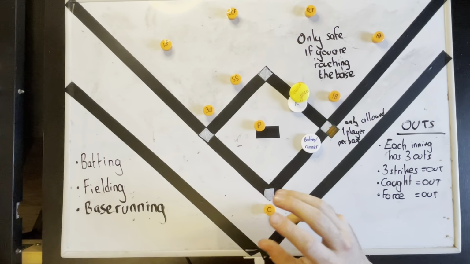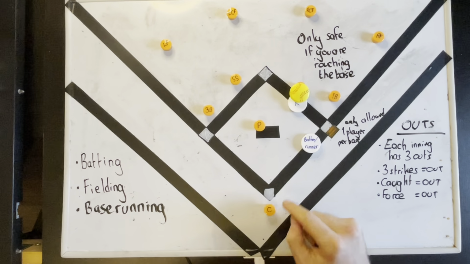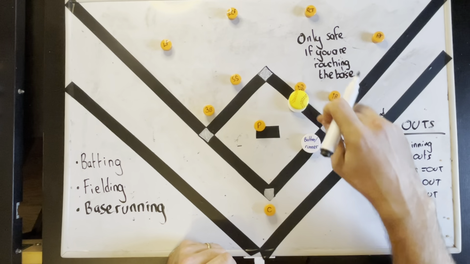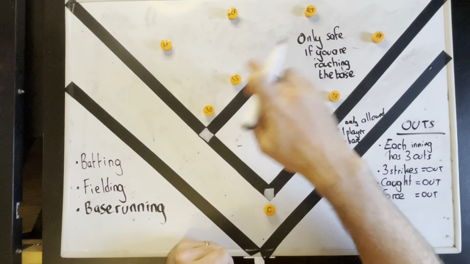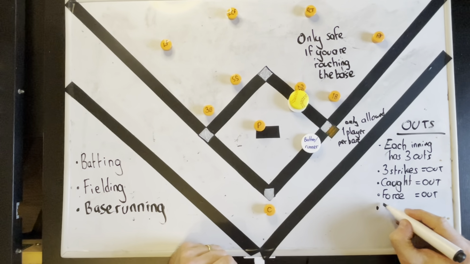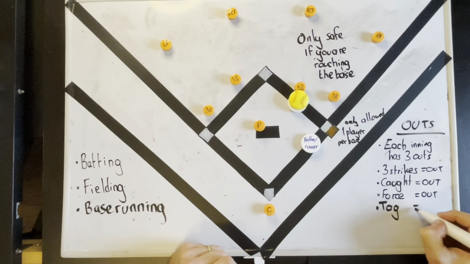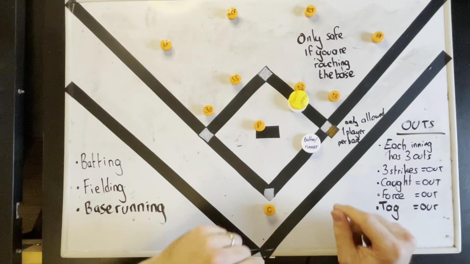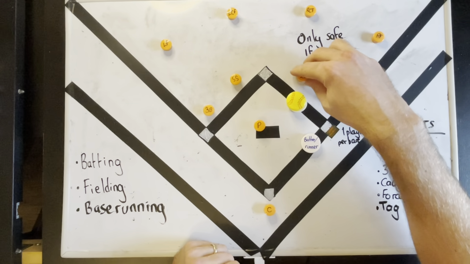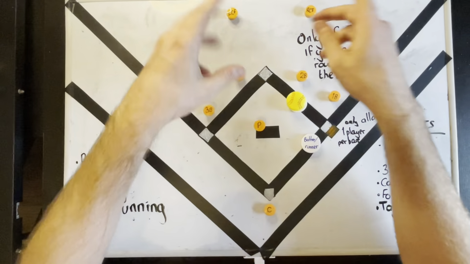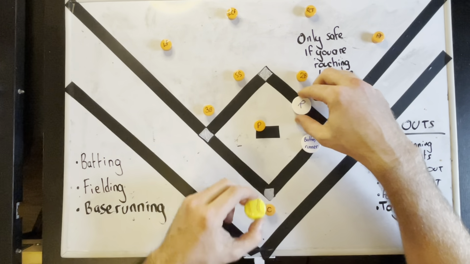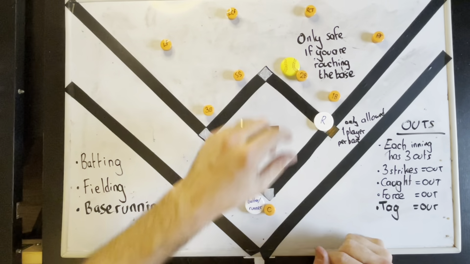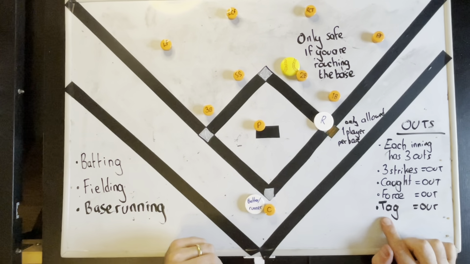Okay. So if the fielding team can touch you with the ball in between any of the bases, then that is what's called a tag out. You've been tagged with the ball. Just rather like playing tag, you run around after people and you play tag or tig, depending on how northern you are, I guess. However, the tag play